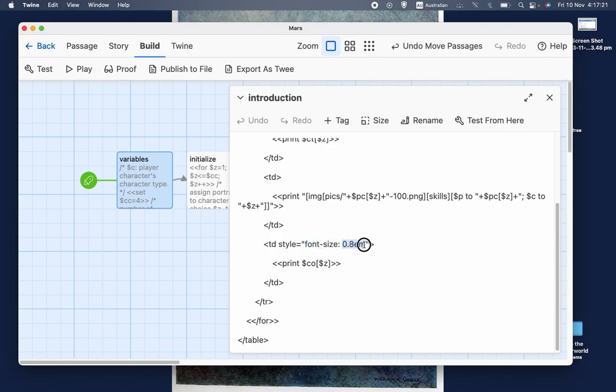And 0.8em. Well, when you're setting font size, you can do it in one of two ways. You can set it as a specific number of pixels, in which case you would go some number px. 16px is the sort of default size, and then you might do 20 for large text and 10 for small text or whatever it may be. Or you can do it in terms of